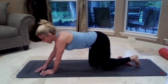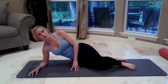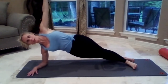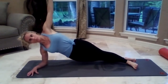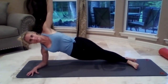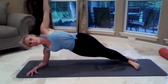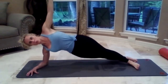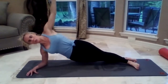I'm going to turn down onto my forearm and extend the legs or stay on the knees with the arm up. If you're on the feet, go to the knife edge and hold here. Just breathe. And then we slowly lower the hips. Exhale, lift. 7, good. 6, 5, 4, shoulders away from the ears. 3, 2,